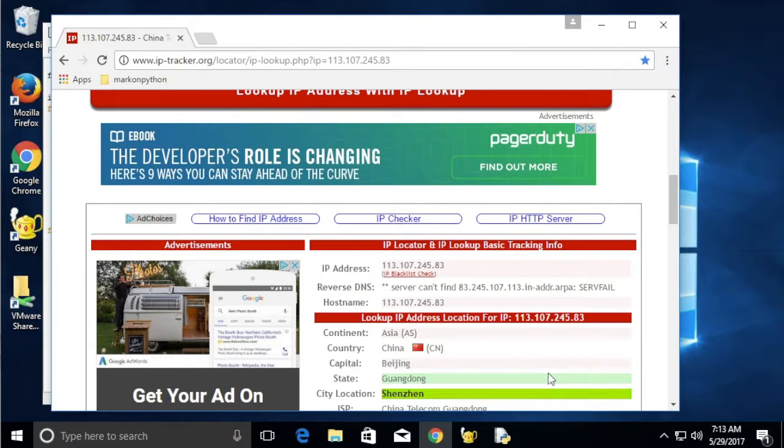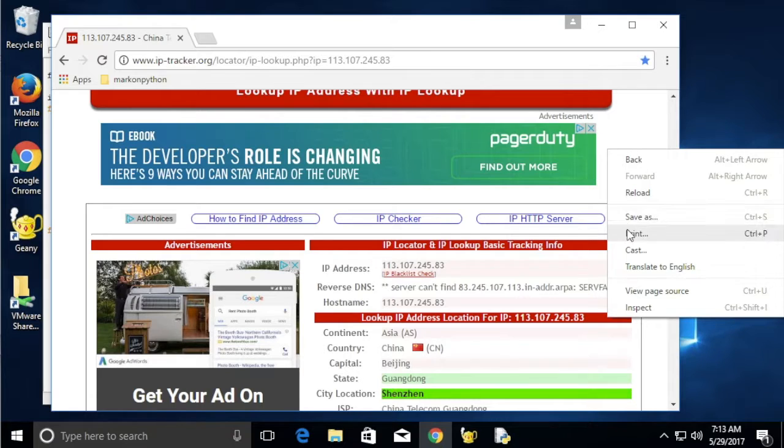Wouldn't it be cool if within your program you could access a web page, feed it an IP address, and get the country of origin? Well, you can. Let's take a look at the source code for this web page. We view the source,